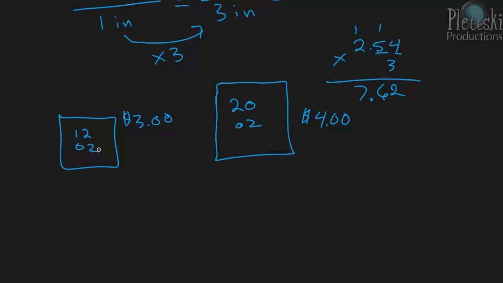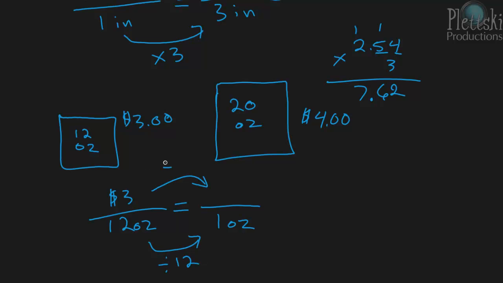So we can take our first situation, the 12-ounce tub, and write it as $3 for 12 ounces. And we want to know how much it costs per 1 ounce. And the way we get from 12 ounces to 1 ounce is we divide by 12. So you have to do the same thing to the $3. You need to divide it by 12. We can do $3